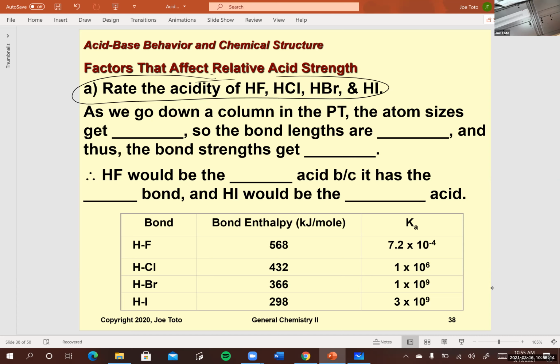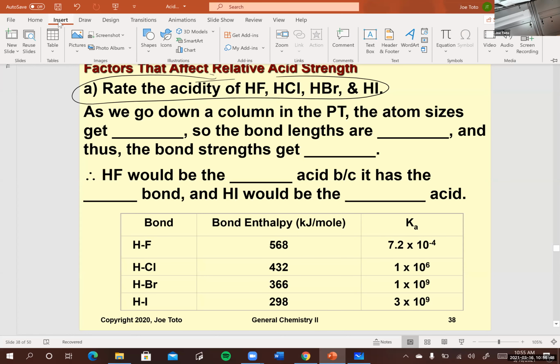Okay, so first of all, I notice that 3 are like each other and 1 isn't. Which is it? HF and then the other is, yeah. Okay, good. So now we want to use that first criterion and see if we can do a ranking on that. And so what I want to do is